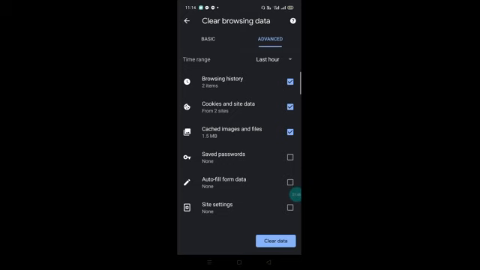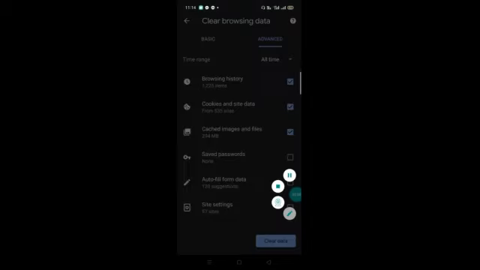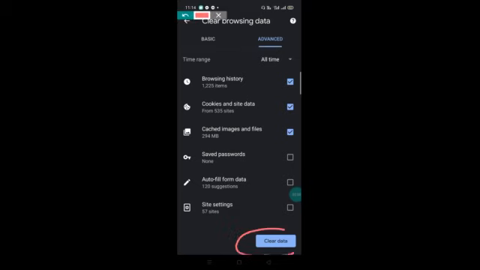So it is mandatory to select All time, but select only these three options. Don't select the rest three. After doing this, you have to click on Clear data. You can see it at the bottom.